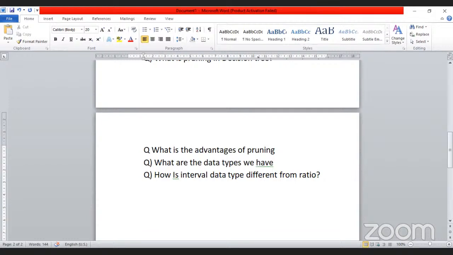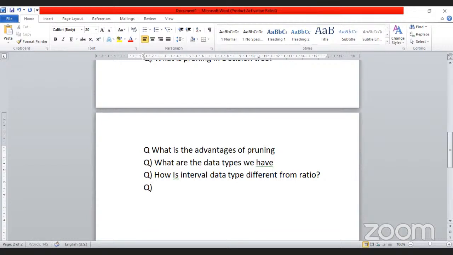And the ratio data type means there is no real value for zero. Like, can we consider the height of a person as 0 to 6 feet? Zero means nothing. 6 feet means he is 6 feet tall. So when we have an interval data type, we have some value for zero. Like in temperature, 0 means too cold, so 0 is having some kind of value there. That means the interval data type.